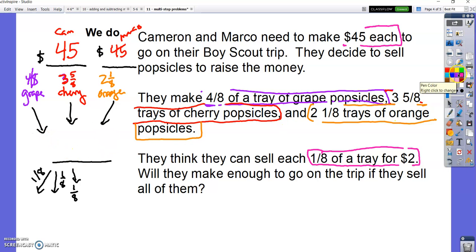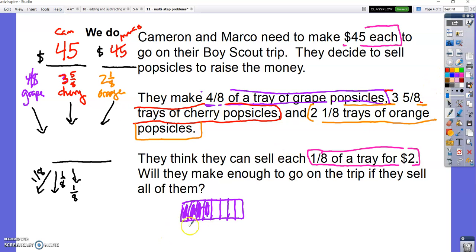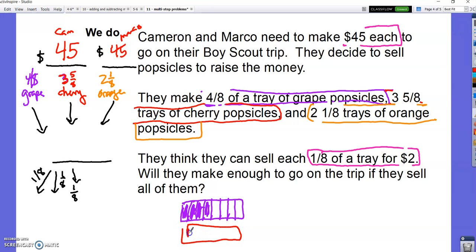So again, I prefer the model. If you prefer a different way, number line or anything else, that's fine. So 4/8 grape, 3 5/8 cherry. I'm just going to do quick 1, 2, 3 wholes, and 5/8 I'm going to go ahead and put 1, 2, 3, 4,